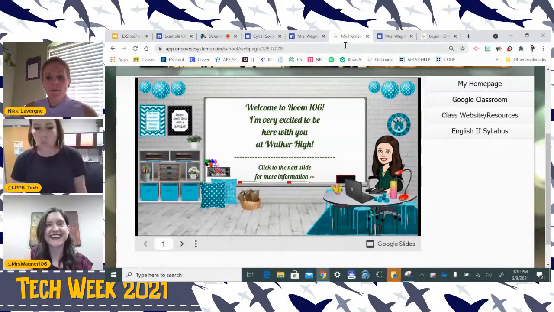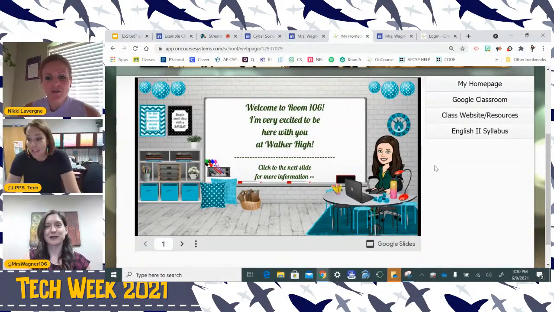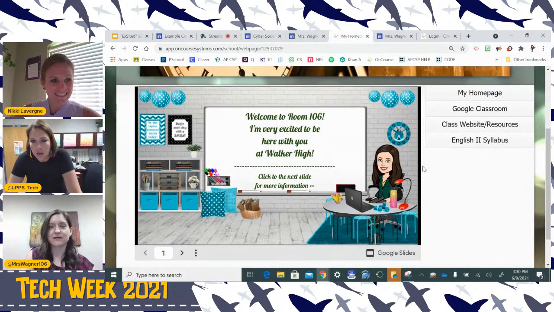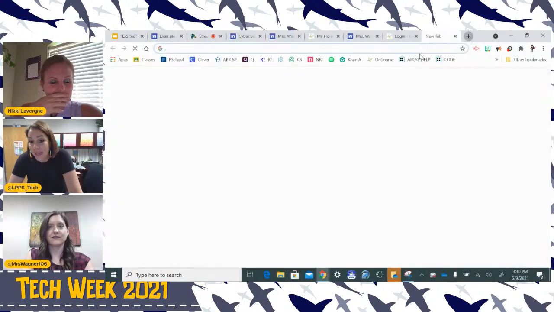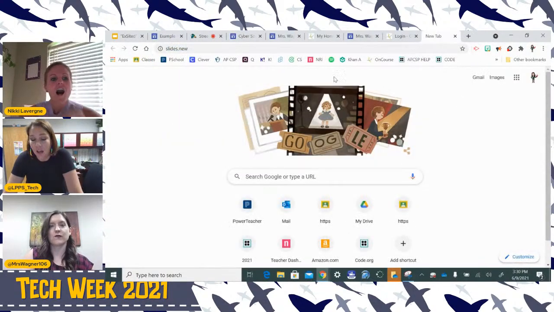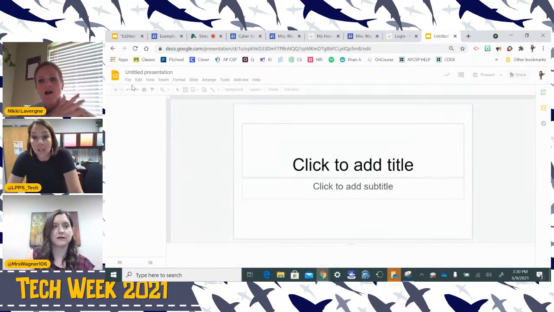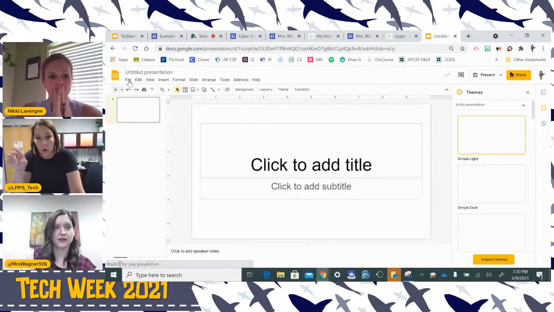Okay, Alicia Guidry says she used HTML coding to put hers in her OnCourse page. So when you go to File, Publish to the Web, on any slide, you can do it by link or by HTML code. So instead of copying the link, that gives you an option to click on code.